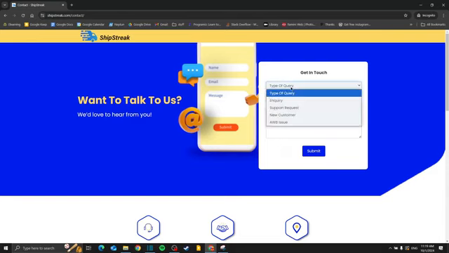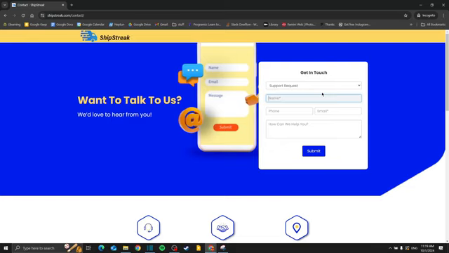Now for the type of query, select support request, and then from here type in your name. So let's say anything, Jack, and then in the phone number add it, and then the email, fill it. And then here, how we can help you, you have to add the order number and then simply ask for